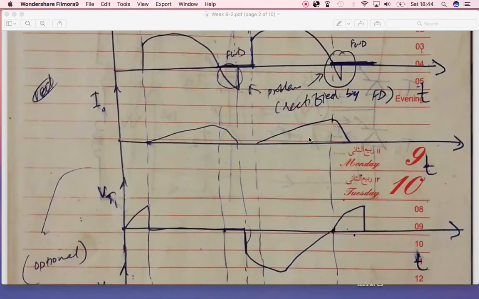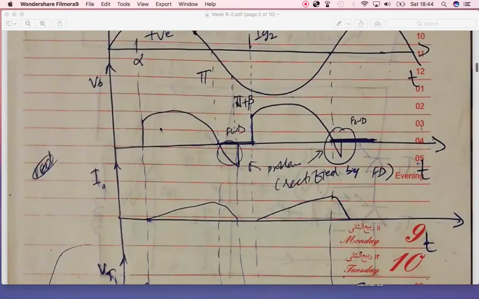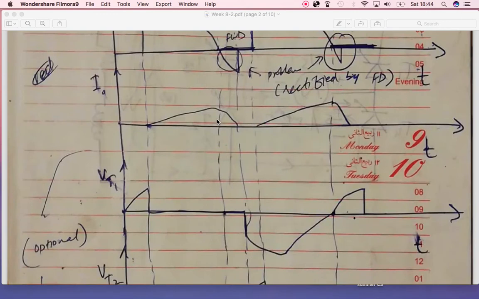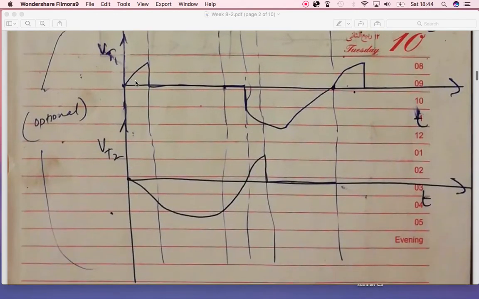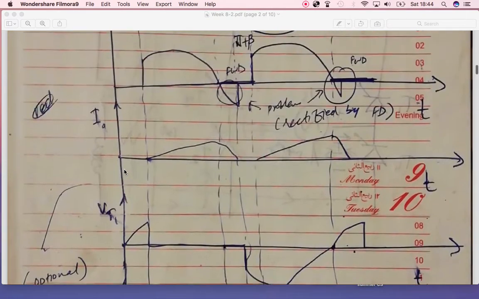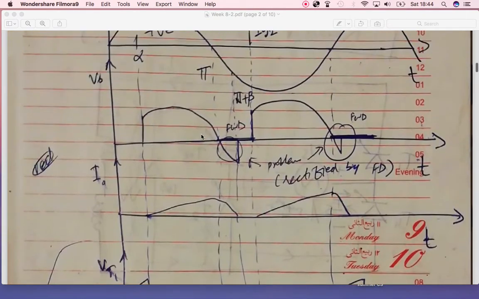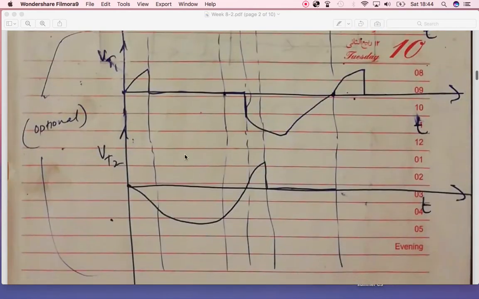And this is the current waveform, and it is just the voltage which is giving us the better understanding. So you just see this current waveform, and these are the voltages which are appearing across the two thyristors, and